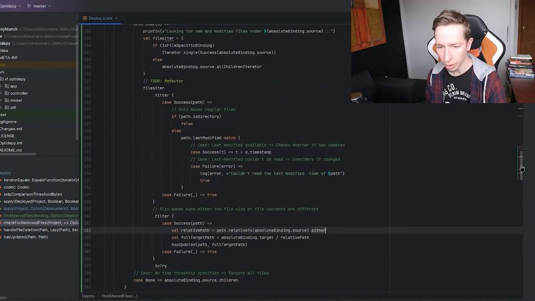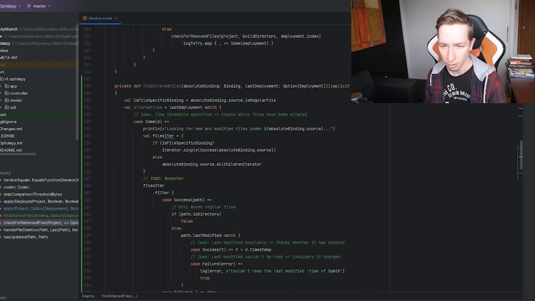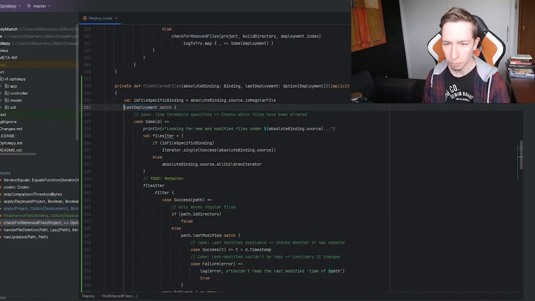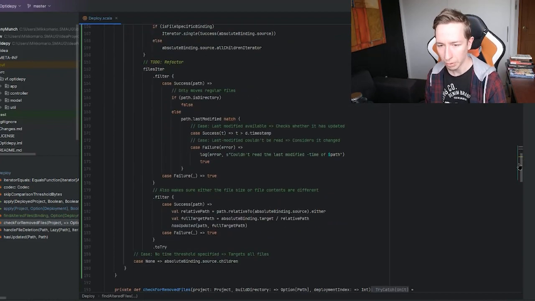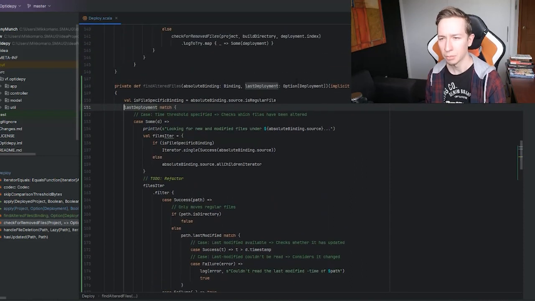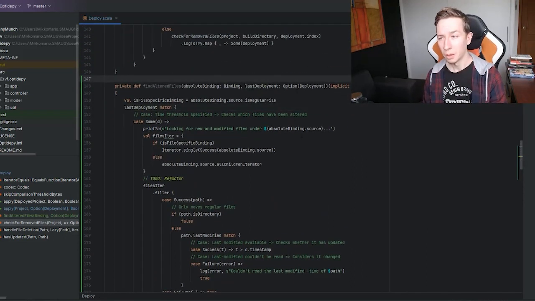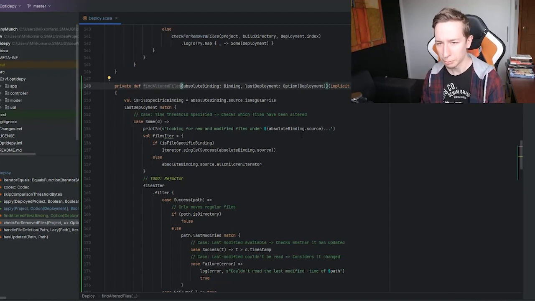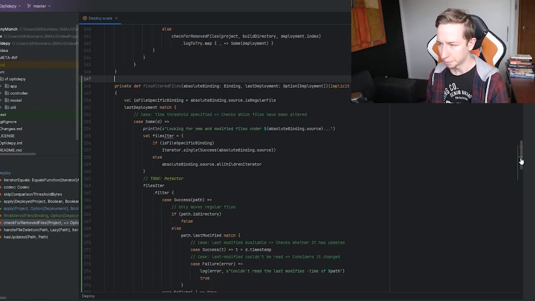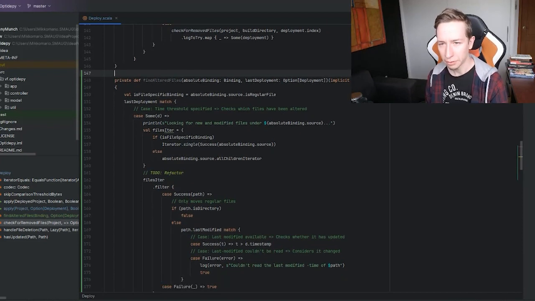Okay, so now we are basically moving this piece of code to a separate method. So this alone helps to make the software a bit more readable, because this method here describes what's happening in this block. So we accept binding and the deployment, basically to get the deployment time, and we get an output of the files that have changed, the files that should be relocated to the destination directory. So we keep this one,